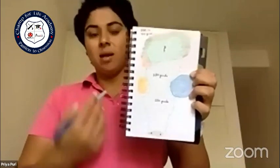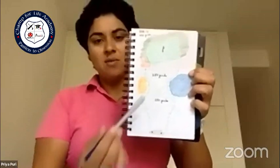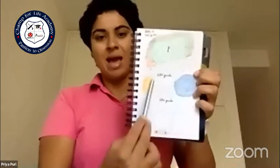Can I hit a different club? Can I hit an alternate club if my driver is potentially in this narrow danger zone? I'm going to move on to a couple more diagrams. I'm happy to take on some questions really soon, but just allow me to finish some of the things that